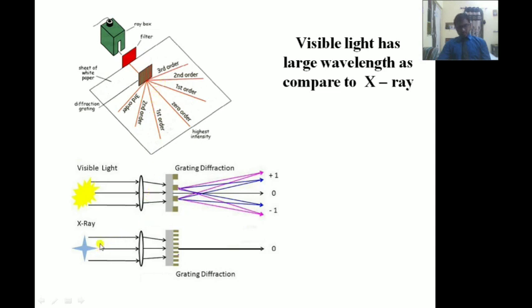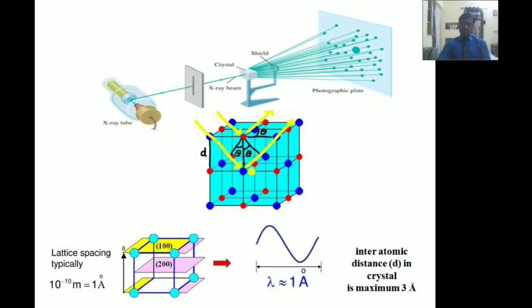But if, instead of visible light, I use an X-ray source, then the X-ray is not diffracted by this optical grating. Why? The question is why? Because the wavelength of X-ray is too small compared to the gap between two lines in the grating, which is larger than the wavelength of the X-ray. That is why the X-ray simply passes through the grating but is not diffracted. So at that time people tried to diffract the X-ray, and that is why they used the crystal to diffract the X-ray,